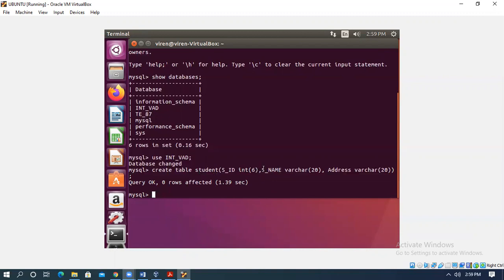Second attribute name is s underscore name, data type varchar, and size 20. Third attribute, address, varchar, and size 20, bracket close, end with semicolon. This will be given as a query. It indicates that your table is created. I can see the table with show tables.